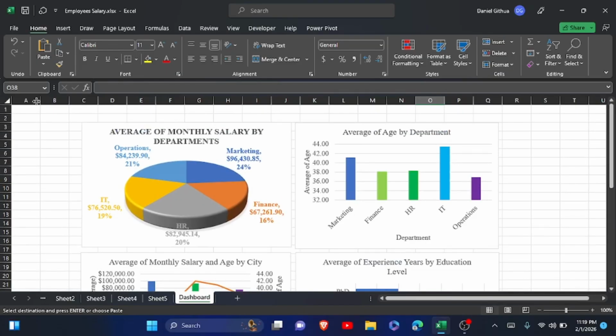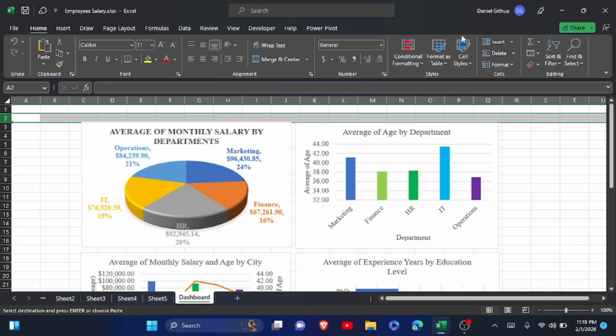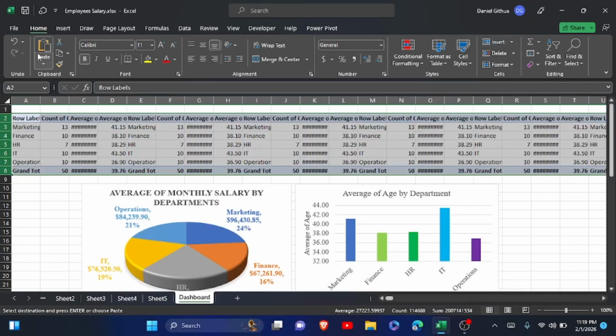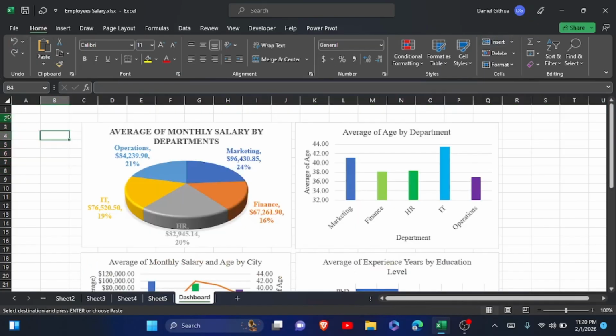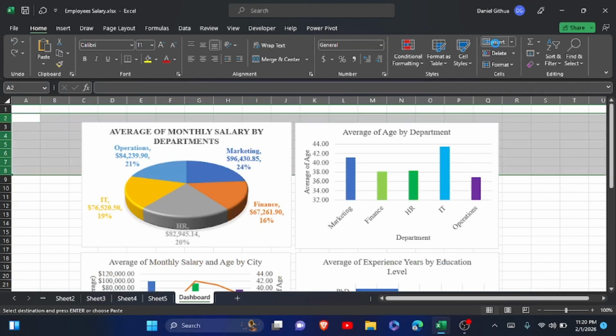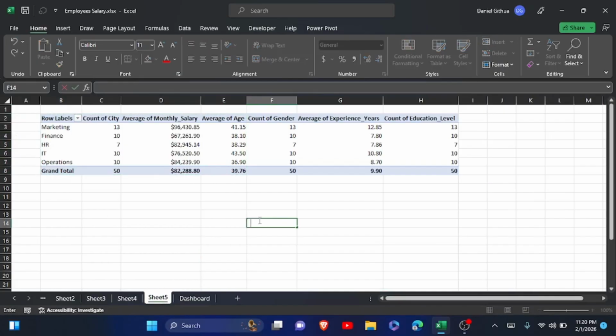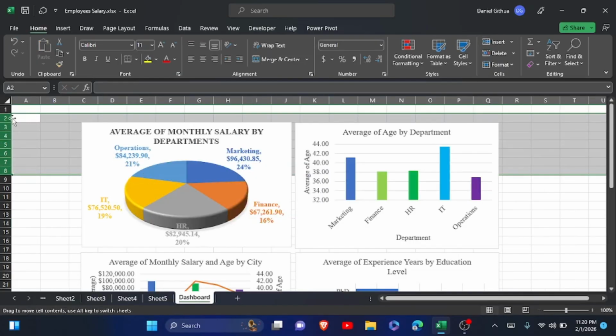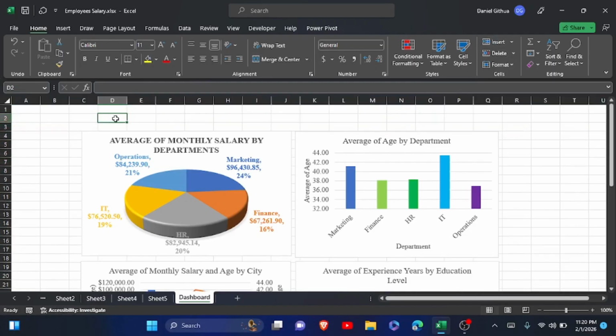The next thing is we have to, I want to increase here by adding, is that a row? Sorry. Insert. We have to click here and insert. I think I need to insert a row, and then I'll type here: employee salary dashboard,